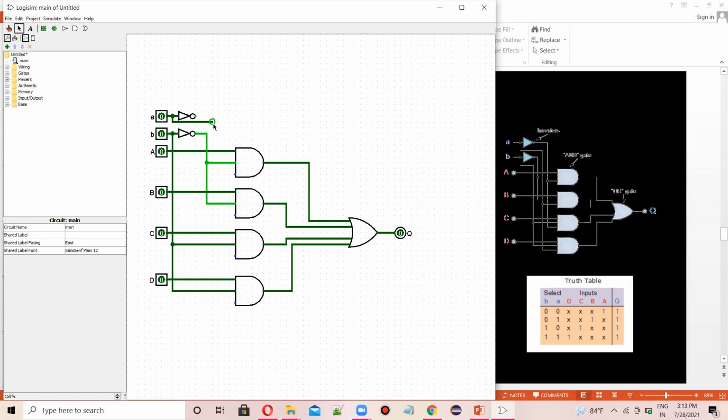Let's take this. And here you can see that it is connected with the last circuit, the last AND gate, last point. Okay, you can see that clearly here.